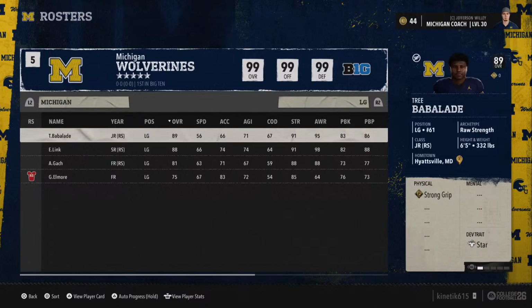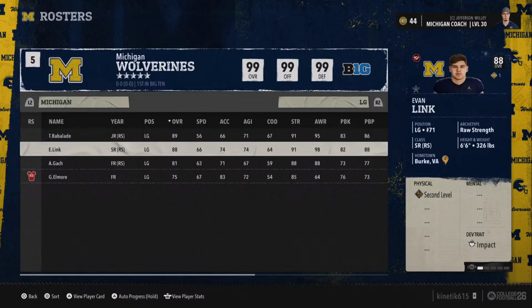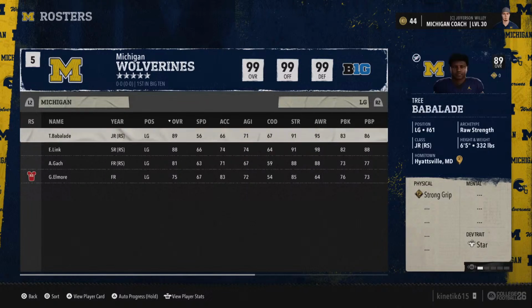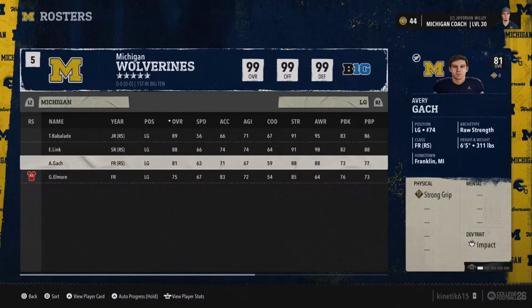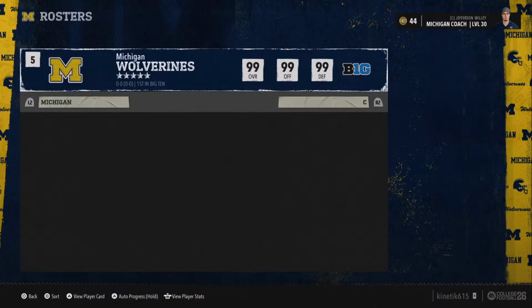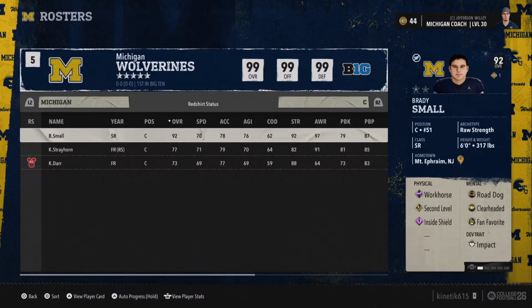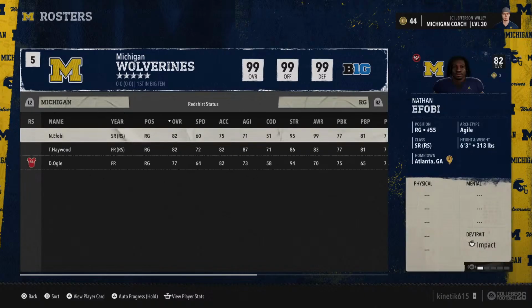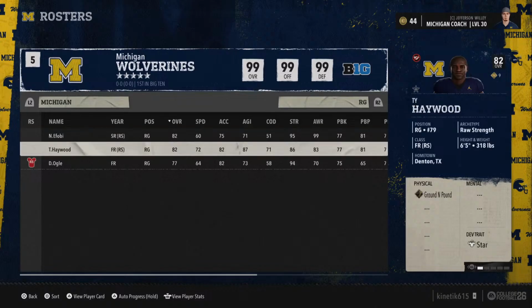Incoming transfer Tree Babalod has unseated the senior Evan Link for the starting position at left guard. We also have second-year player Avery Gash at third string left guard. At center, we have the transfer Brady Small, who came in, and he is being backed up by Caden Strayhorn. At right guard, we have Nathan Afobe, who barely beat out Ty Haywood.